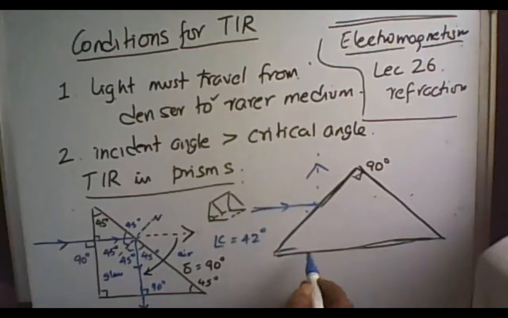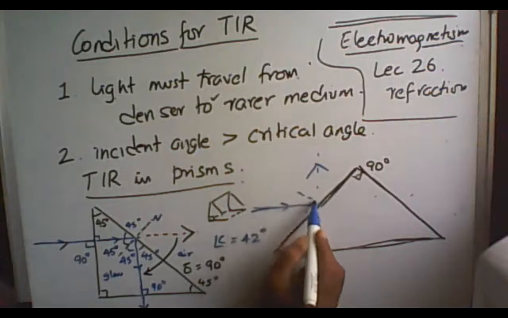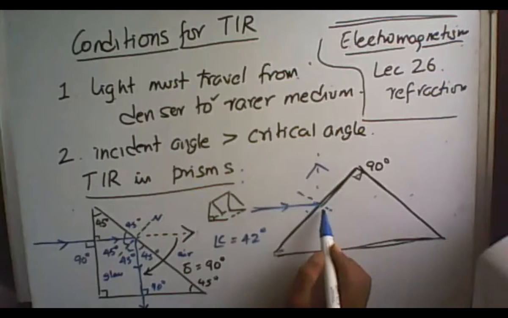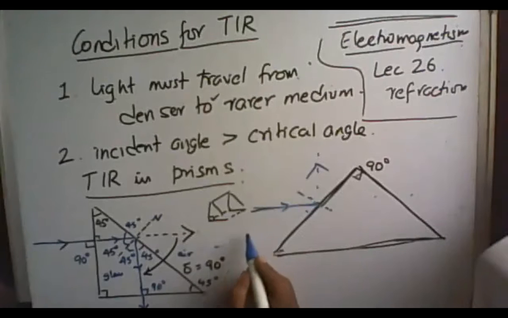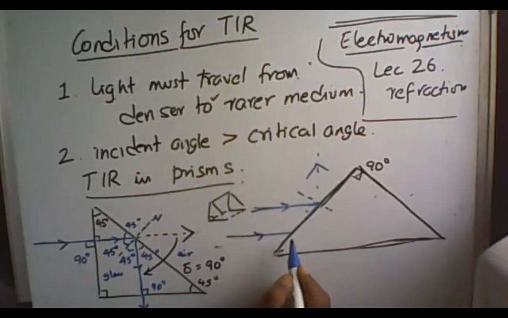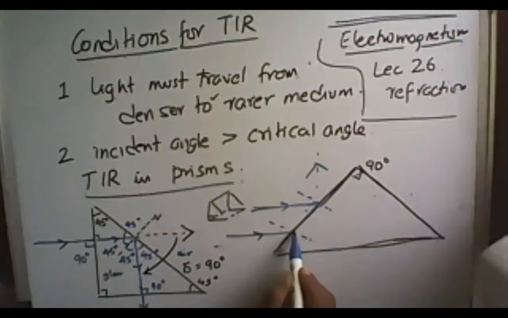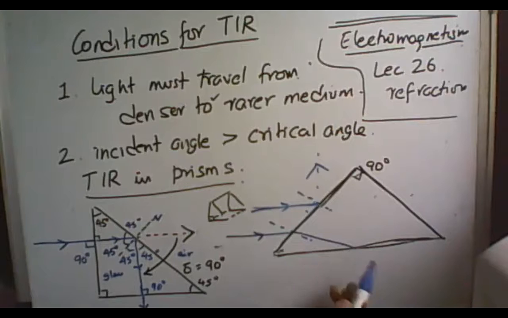This is parallel to the base. Then what happens? Again, you can work it out. In this case, you just have to draw the diagram a little carefully, draw it a little low over here. The ray of light will be incident like that. So this is going to refract,